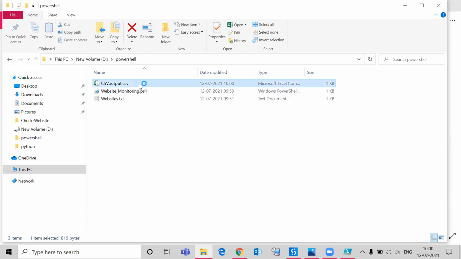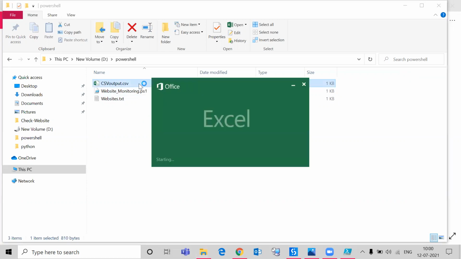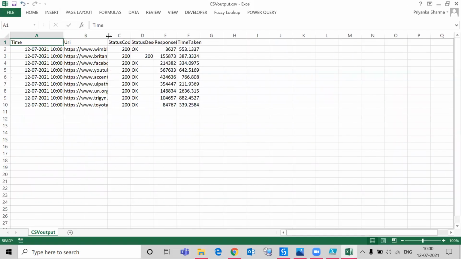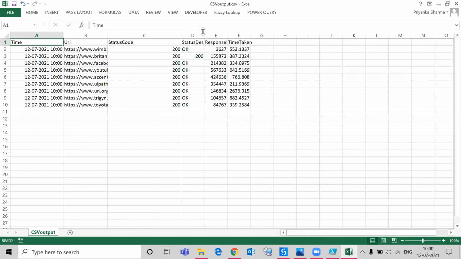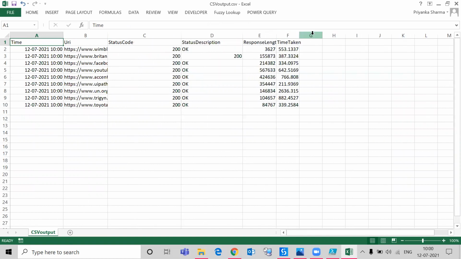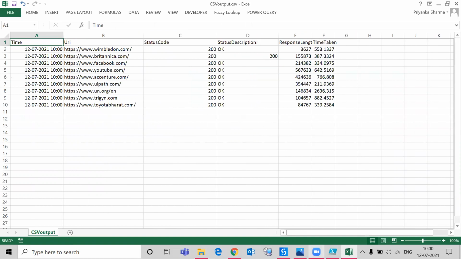So let's open the output. It has scraped the time details, status code, status description, response time, and time taken. So these are the details which I have configured in my PowerShell script, so they are monitored here.